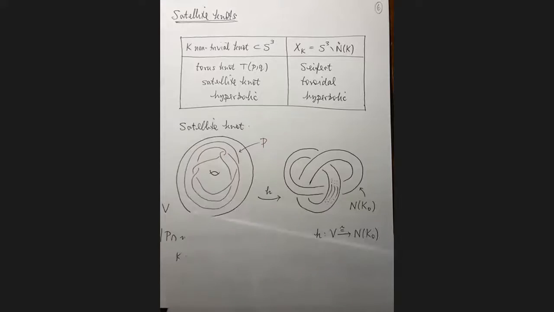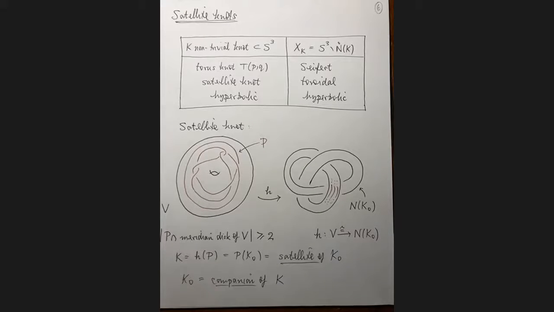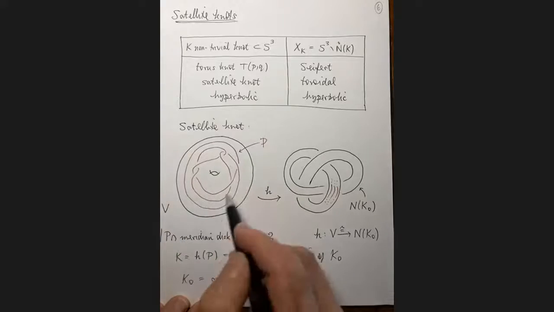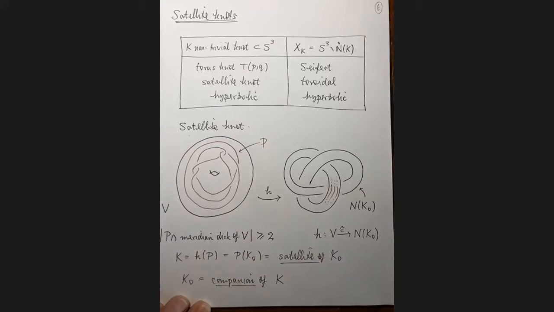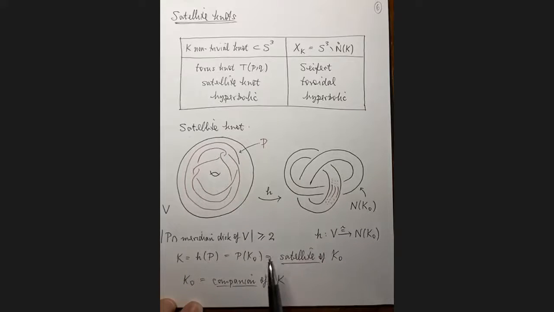All right, so again, if you've got this torus in the knot exterior, that torus will bound a solid torus in S3. So of course the picture is, as you all know, you have this concept of a satellite knot. You have a pattern P in a solid torus V, and then you choose a non-trivial knot K0, which when I draw it, it's always the trefoil. It's the only one I can draw. And you just choose a homeomorphism from this abstract solid torus to a regular neighborhood of K0, and then you just embed this in S3 in that way, and you look at the image of this pattern P. And that's the satellite of K0.